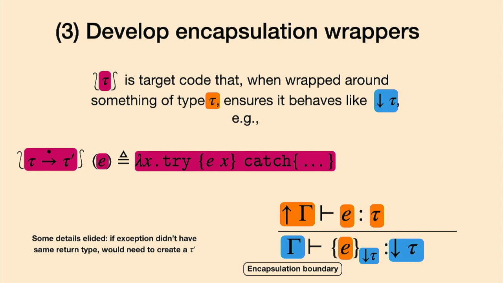Okay? The reason for presenting this dynamic version is that it allows us to provide this sort of friendly-to-the-programmer interface, which is saying make explicit the encapsulation boundary. You write in the yellow, the orange language, all the code that involves the FFI, right? It involves making calls, maybe to C or whatever else. And then at some point you say, okay, this is my block that should be safe. So I'd like to be able to use that from the rest of my type system, rest of my language. So wrap it in these boundaries. And then in order for this rule to work, we just insert this in compilation. Okay?